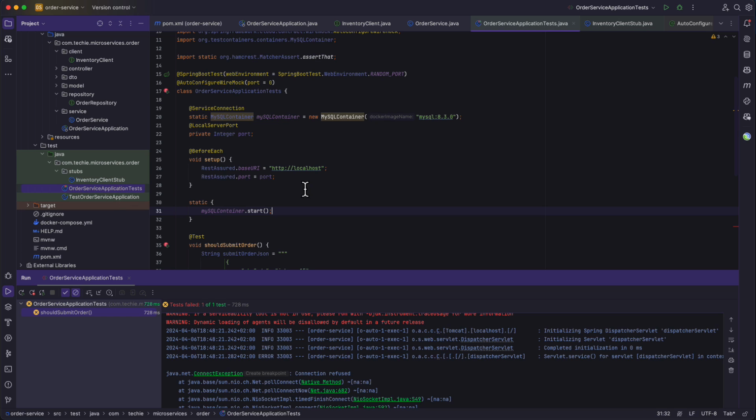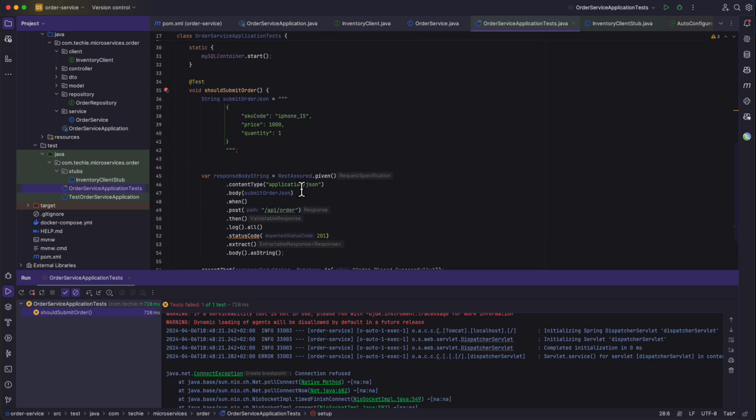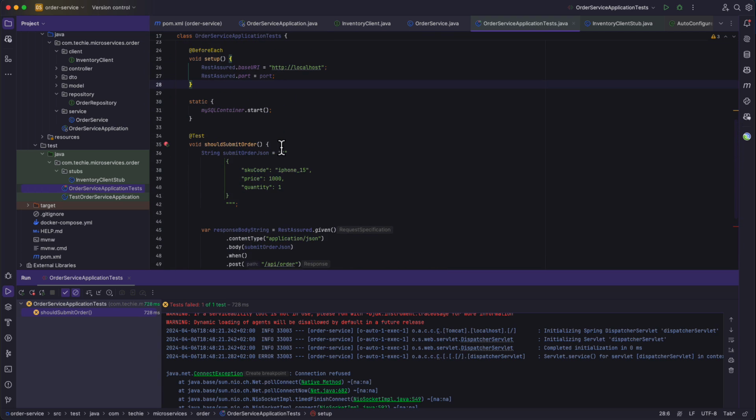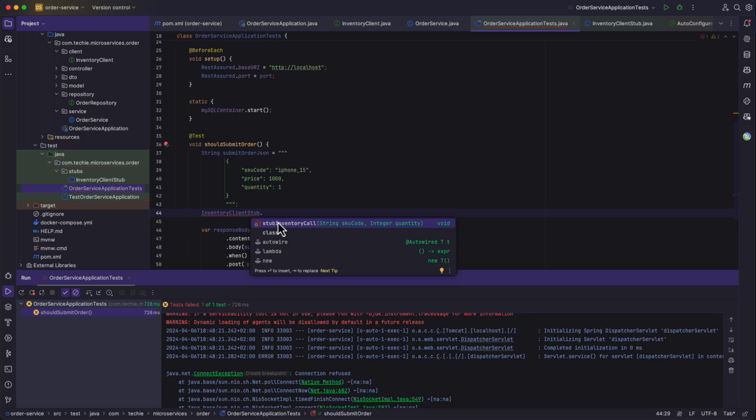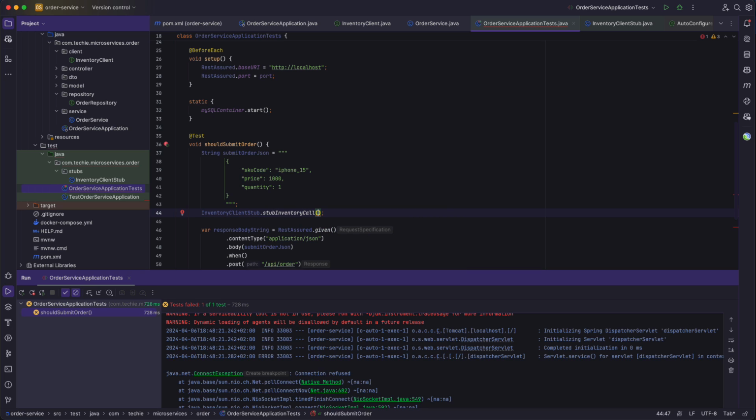So let's go back to the order service application test, and just before the test here, I'm going to make a call to inventory client stub inventory call, and here I have to provide the SKU code value as iPhone_15 and the quantity as 1, right? So all I have to do is, before executing the test, we just have to call this stub inventory call